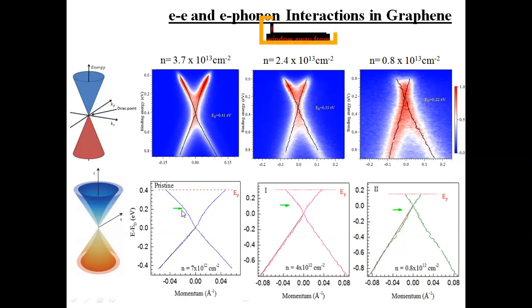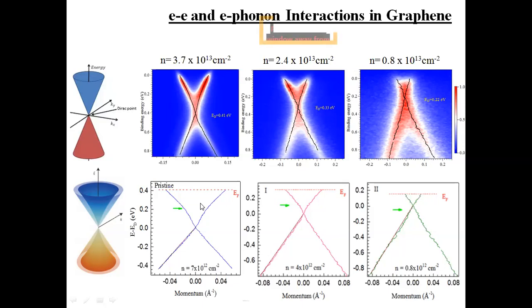So for example, if you take this one, you see below this Dirac point, the band was varying linearly. It was almost linear, but as soon as it crosses this Dirac point, you can see this deviation. Otherwise, if it were linear, it should have gone this way, but it has deviated from that line. So this is due to the phonon.